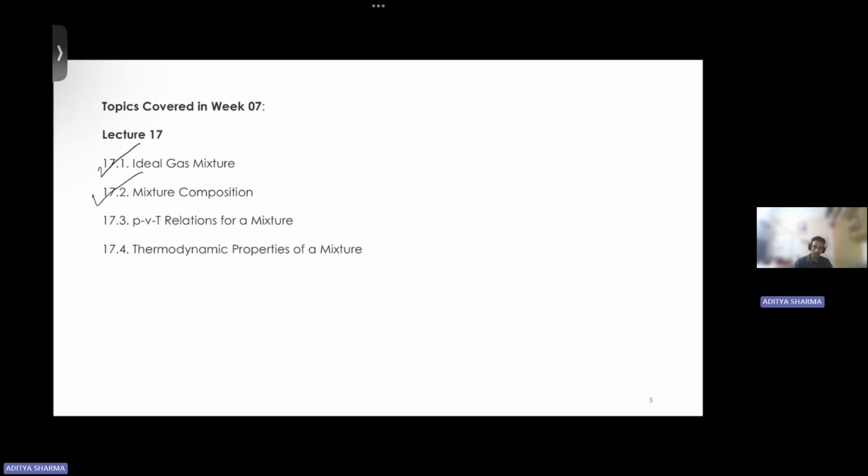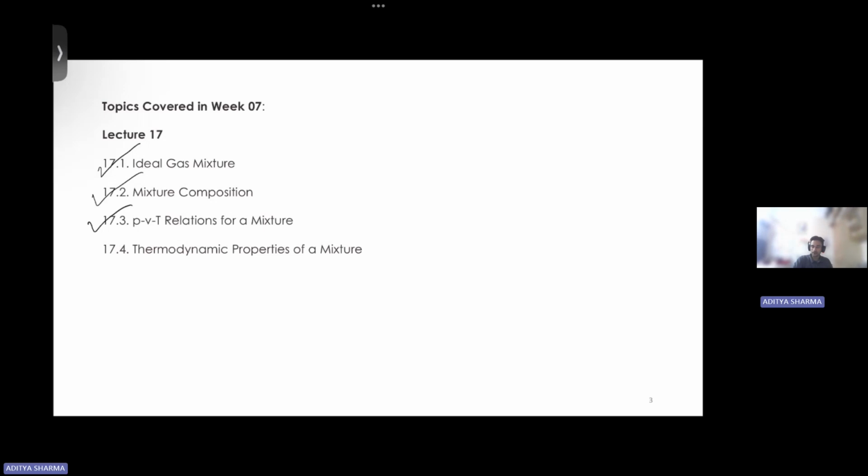So this was your discussion on mixture composition. And then the next topic is PVT relations for a mixture. So the first heading, as I have told, is ideal gas mixture. So here we are discussing the ideal gas mixture. So in that case,